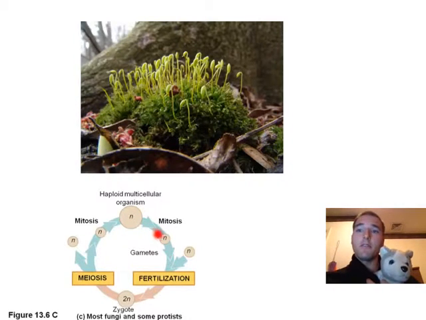We call this the gametophyte, and the regular part of the organism is a gametophyte. It's going to go through mitosis and produce gametes. They will fertilize and make a zygote. That single zygote is immediately going to go through meiosis and then produce haploid cells again. Okay, the zygote, or what we call the sporophyte, is actually these little pods that come out of the top here. Those are the sporophyte pods.